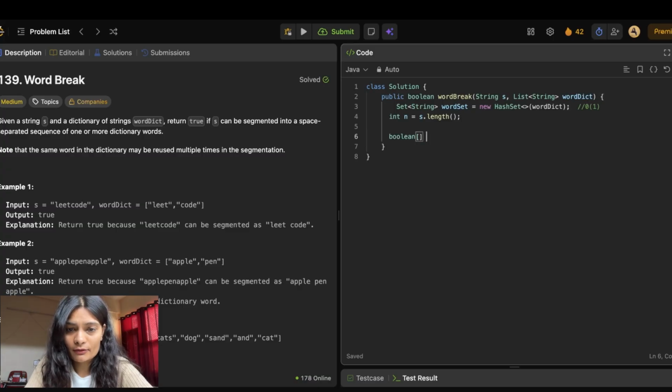Now we need to return the boolean. The array name is dp. We have already discussed it while we were writing the code. Size n plus 1, because we are taking one more size, in case we have an empty string, since it is obviously breakable easily. That's the reason we are taking n plus 1, and we can break the string from 0 to index i. The base case for this condition is going to be true,